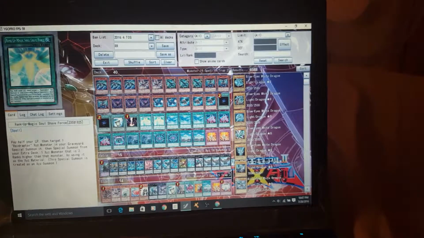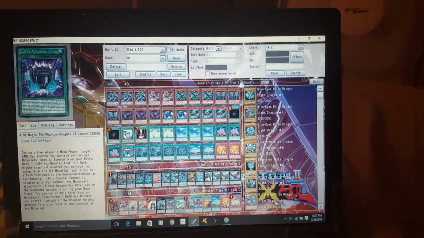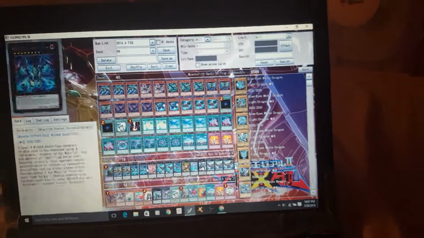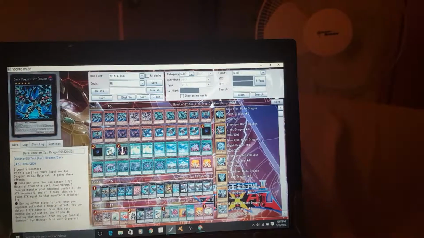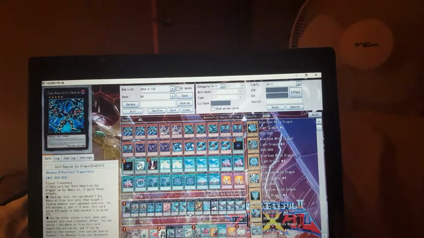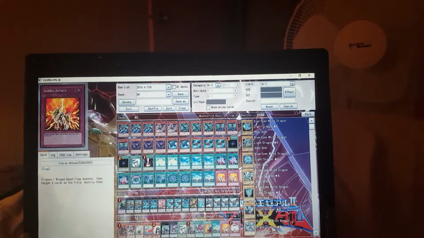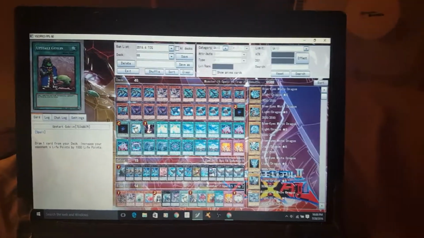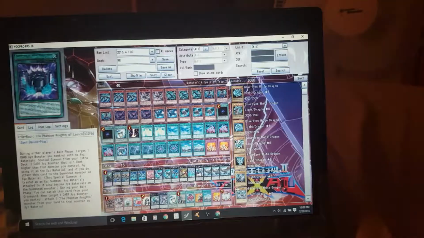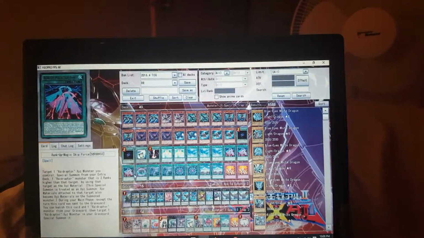But yeah, this is a fairly standard Raidraptor deck with the addition of Phantom Knights of Launch and Dark Requiem. And literally the only thing that I'd probably change, if I would take this out and this out, is I'd probably put in maybe another Icarus attack, or I'd just put in Upstart, because I don't actually see a reason not to have this card at this point, because the deck doesn't really change, and with how this deck summons